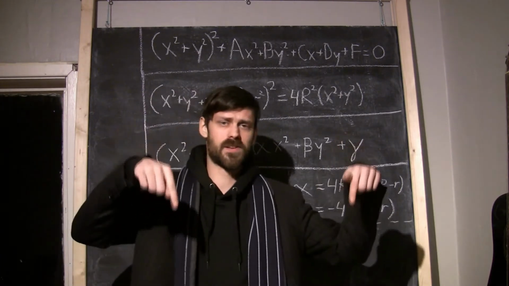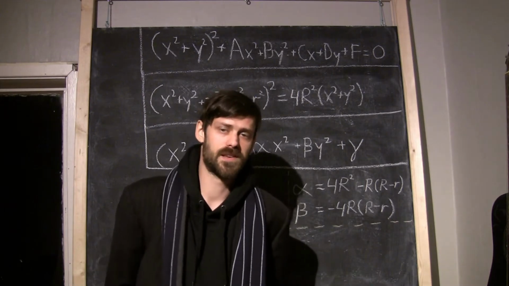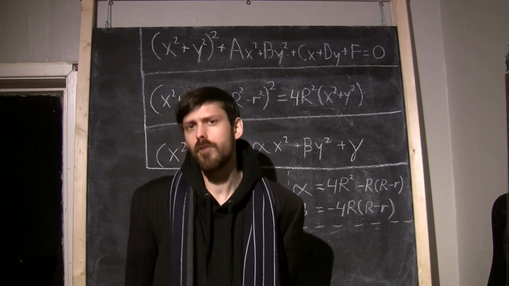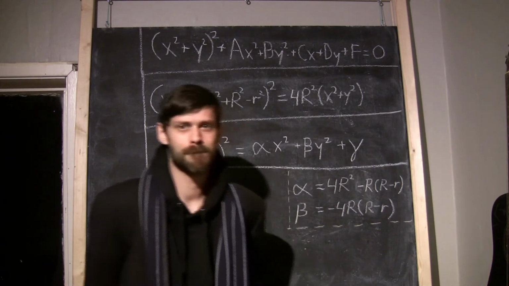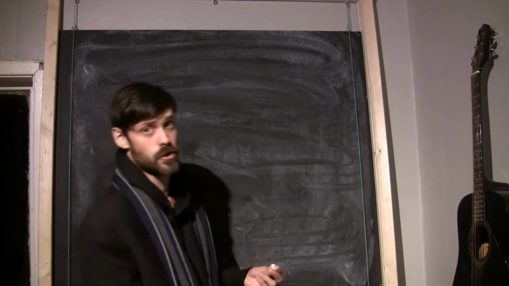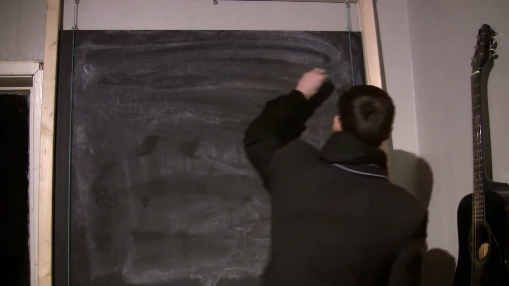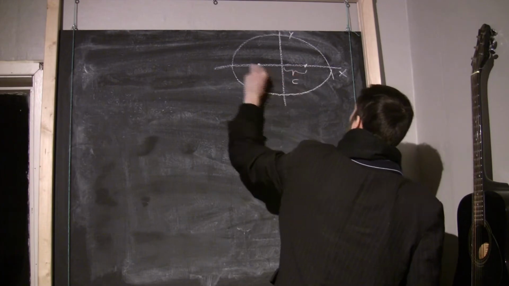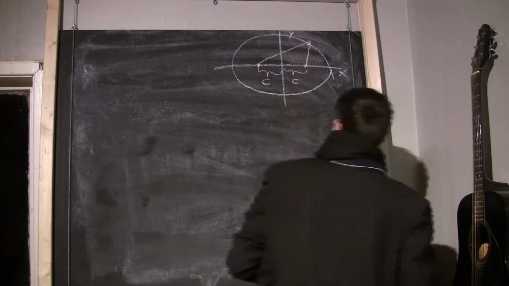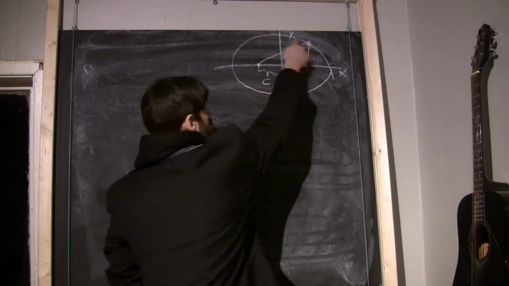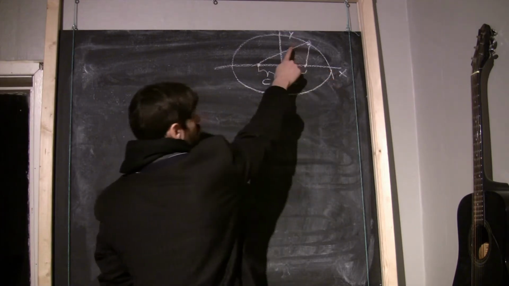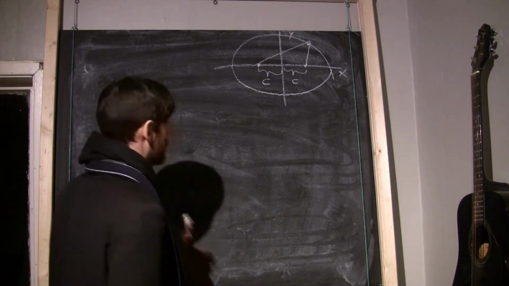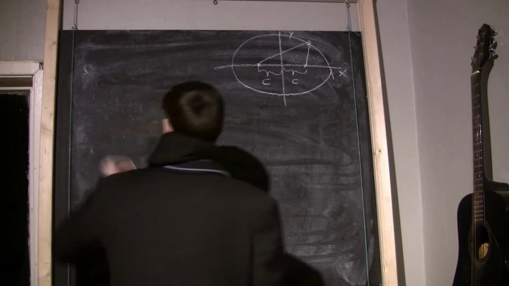I've put the link in the video description to an article that compares Cassini and Kepler's orbits to show that it wasn't all that unjustified. Now, for the formal definition of a Cassini oval, we have the locus of all points where the product of this distance and this distance is a constant. We can write this out as